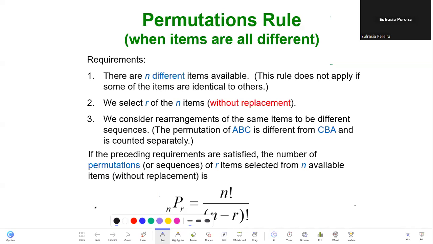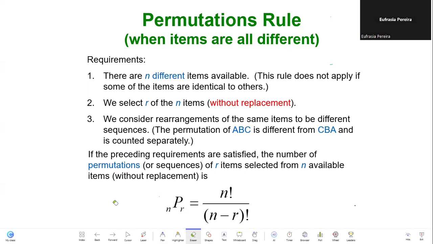Third, we consider rearrangements of the same items to be different sequences. The permutation of ABC is different from CBA and is counted separately. If the preceding requirements are satisfied, the number of permutations of r items selected from n available items